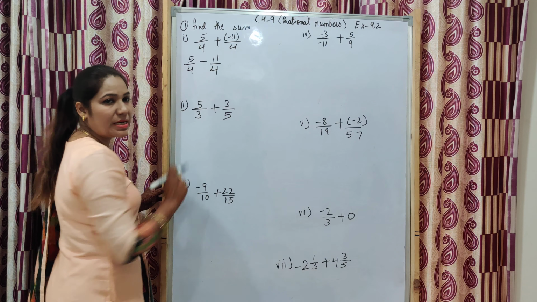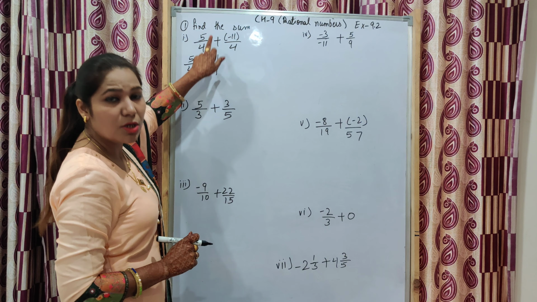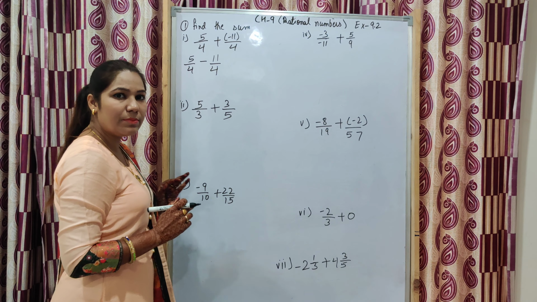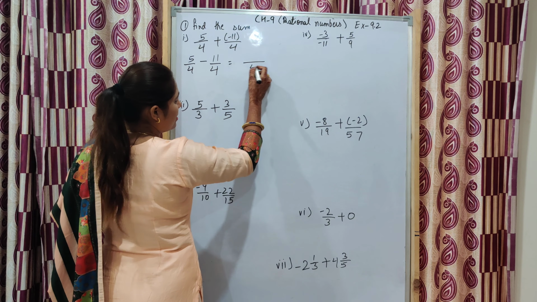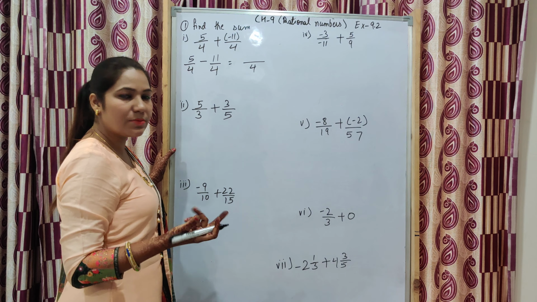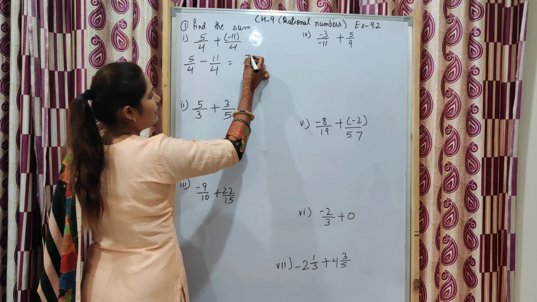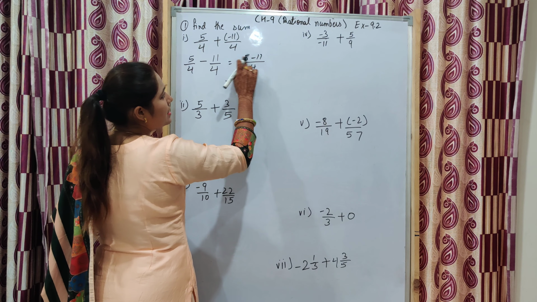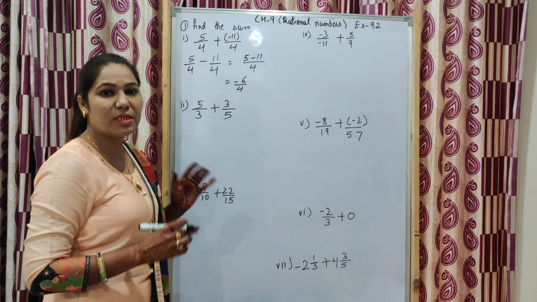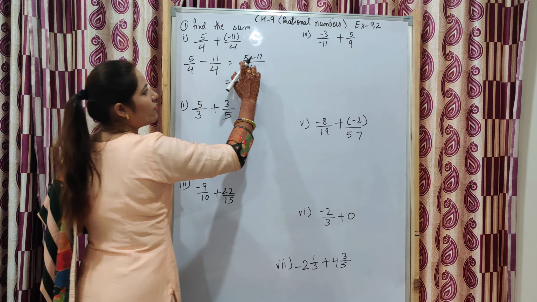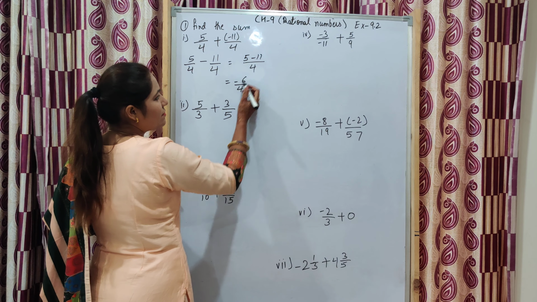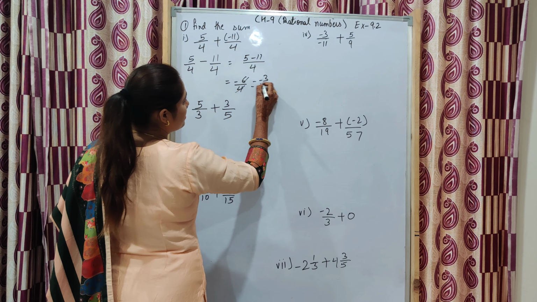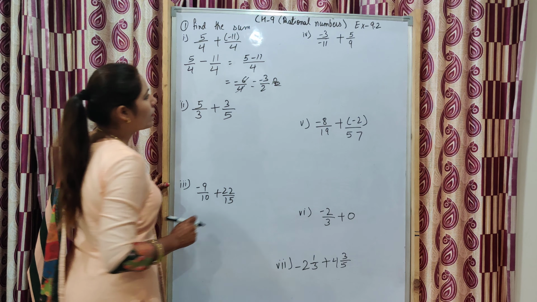So 5 upon 4, we will write 5 upon 4, then plus minus is minus, minus 11 upon 4. Why did I write minus? Because outside the bracket there is a positive sign, no need to change the sign inside the bracket. Now 4 and 4 are both the same, so no need to take the LCM, because the LCM of 4 and 4 is 4. So 5 minus 11 is minus 6 upon 4. Plus minus is always minus, but the sign is of the biggest term. Now between 5 and 11, 11 is bigger and it is negative, so I put the negative sign. Now I will cancel it on the table of 2, that is minus 3 upon 2 is our answer. That is our first part.